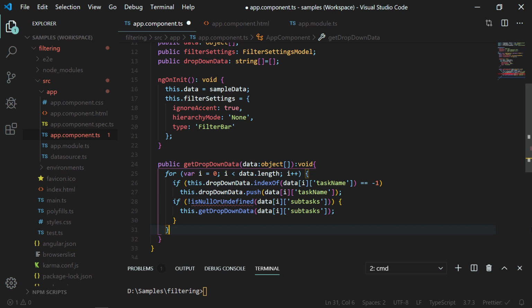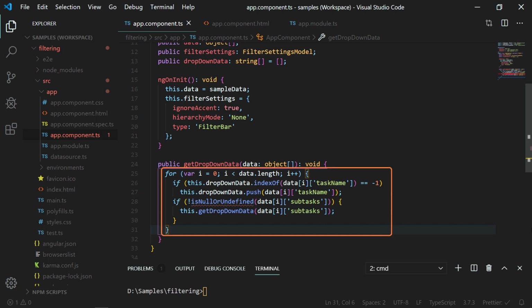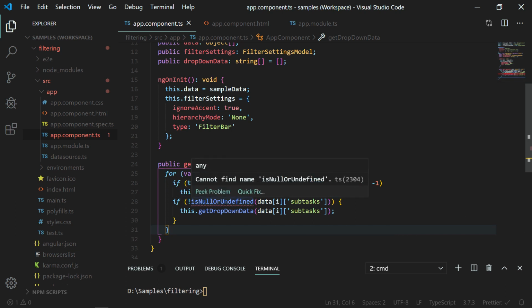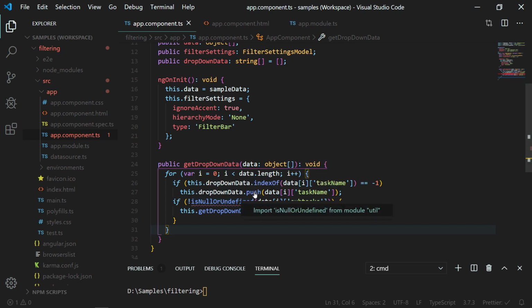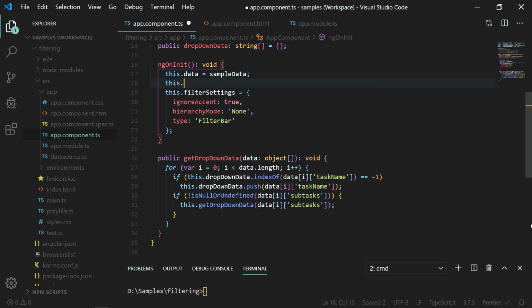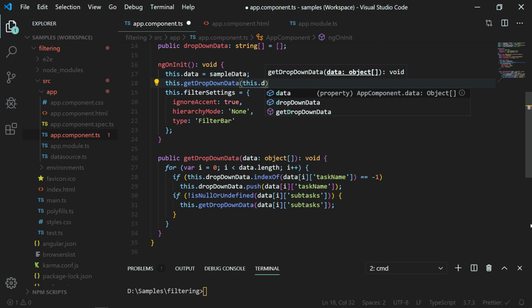I have added code to retrieve all the unique values from the task name field of the tree grid. Since the data source is hierarchical data, I need to loop all the levels and store them in the member variable dropdownData. Let me import isNullOrUndefined from the util package. In the ngOnInit method, I am calling this getDropdownData method and passing data object as the parameter.